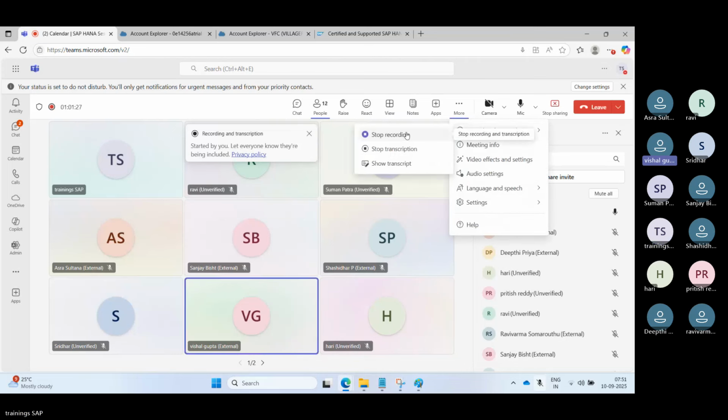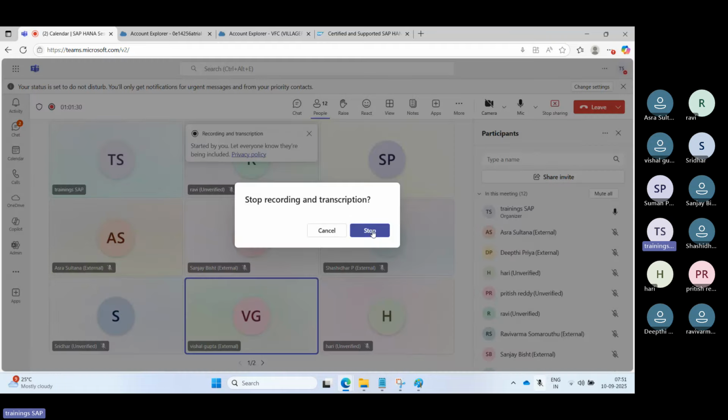When does your HANA migration class start? We'll start it in the next batch. That HANA migration. Yeah, I am also